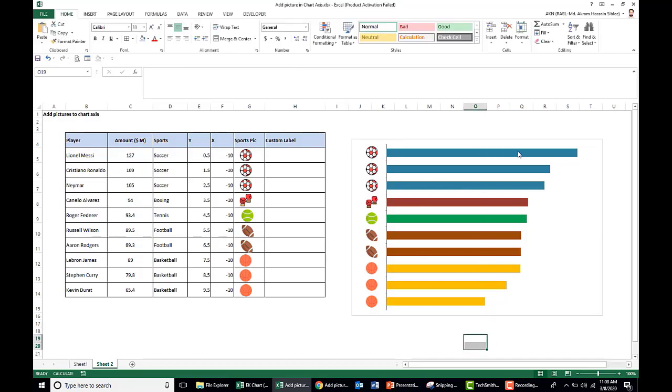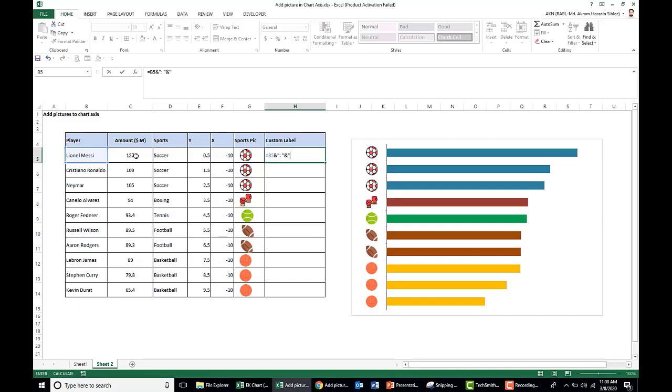Now we add the data label here. We need to create a custom data label with the name and their earning amount. So how can we create this custom data label? Say we take this player, give a space, and combine both the player name and the amount.